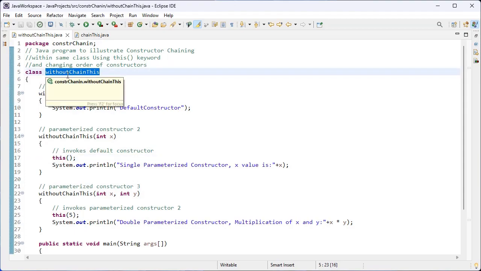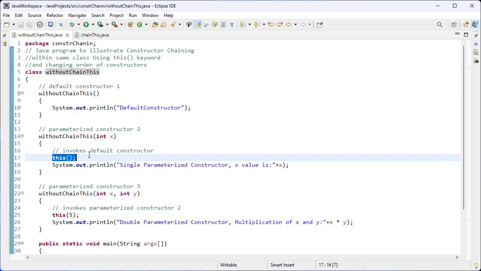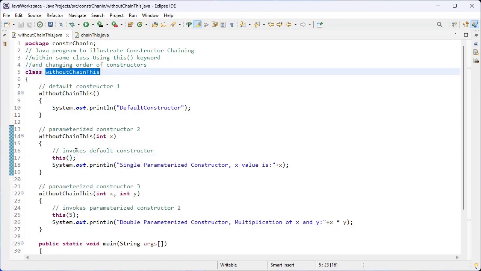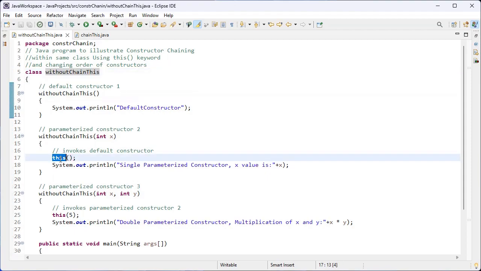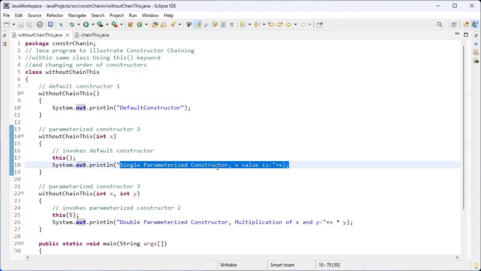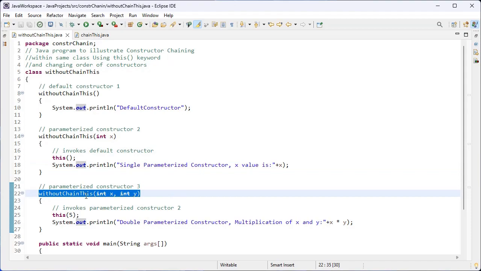Already we discussed about this keyword. So this is used to refer to the current class default constructor, because inside the round brackets there are no arguments. This statement is used to invoke the default constructor of this class. Okay, and here we have one more statement. The value of x will be printed on my console. And here I have one more constructor. Inside this constructor I have used 2 arguments. And what is the role of this